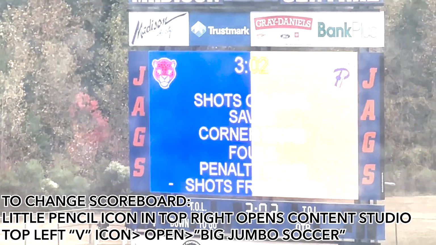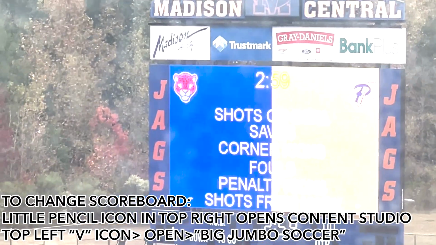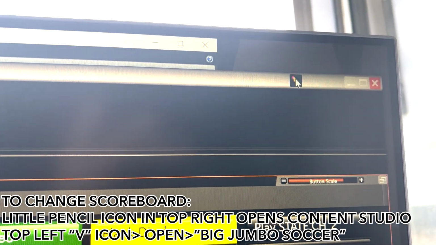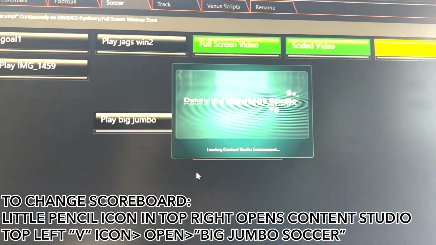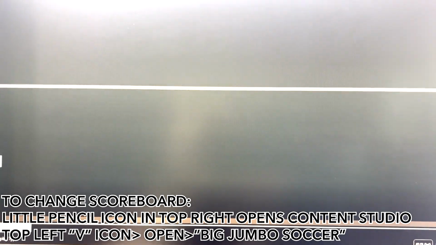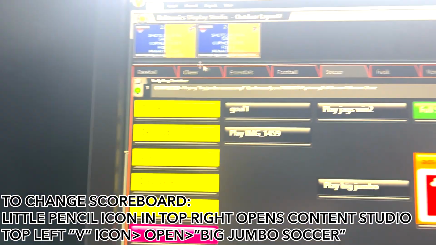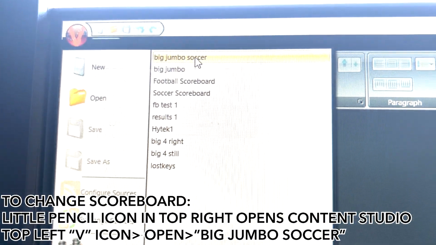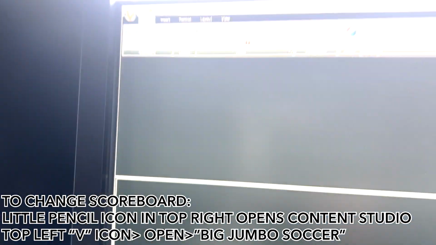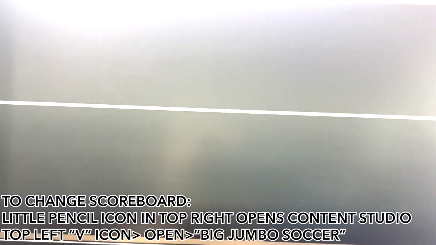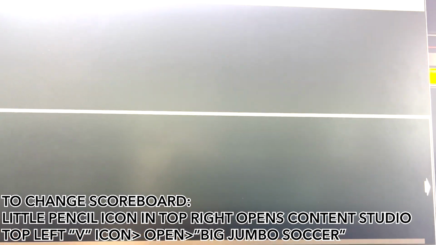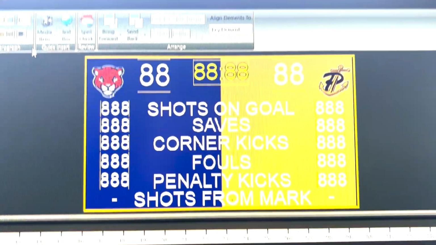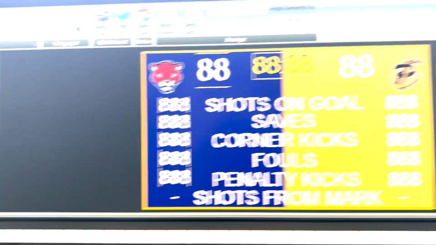All right, to change out the background, Pearl is already set up there. You're gonna click this button in the top right-hand corner, right there, and that's gonna open up Electronics Content Studio. I think I actually opened it twice. Up here in the top left, Big Jumbo Soccer. I'm gonna click on that, and it should open up. I'll pause it while I open. Oh, there it is. So those are your layers right there,